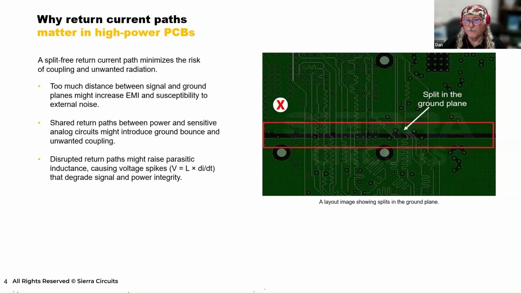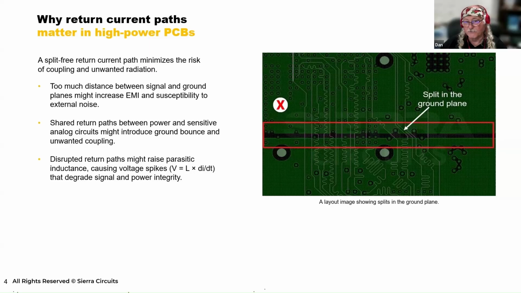Just a quick note, think about the energy flowing in the space between the signal trace and the ground plane. The fields have to follow continuous conductors. So the trace is continuous, but then it crosses a hole in the ground plane or the second conductor. It will have to find its way all the way around, wherever the split is connected, to make